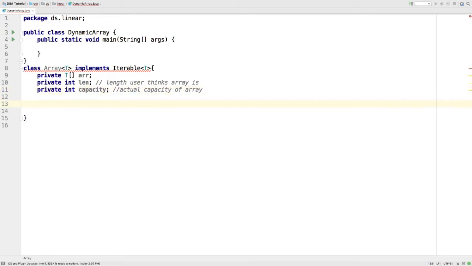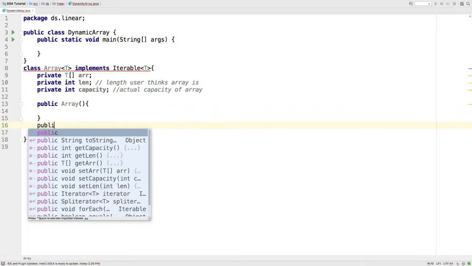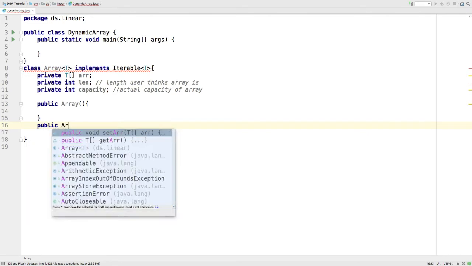Now let's make the constructor. For the static array, we have to provide a capacity. By default, I'll be providing a capacity of 16.